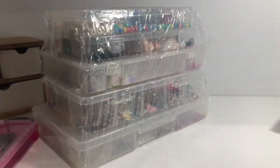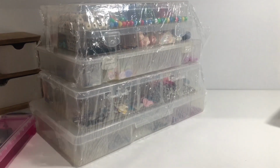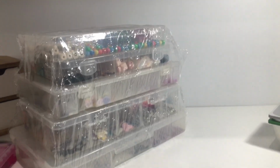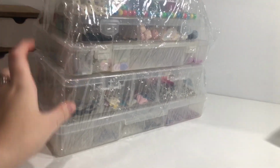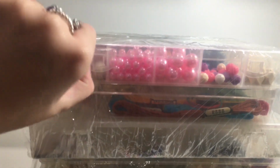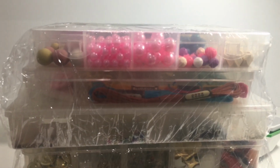The next thing I wanted to show you was this here. Now this is all of my beads and charms and little knickknacks. And what I did was I actually wrapped them together. They're two separate ones, but I wrapped them in cling wrap, plastic wrap, whatever you call it, because although they are snap lock, I was worried that as they were moving, because they were in boxes and getting shaken around,